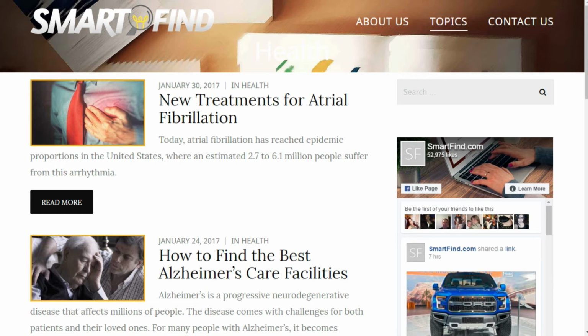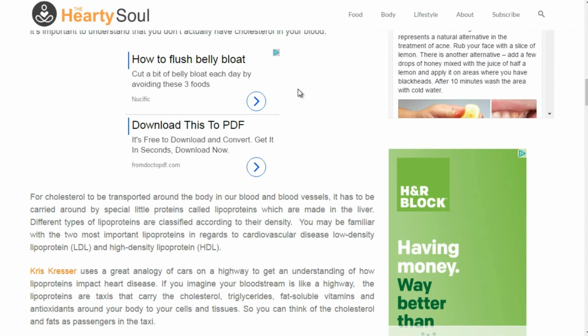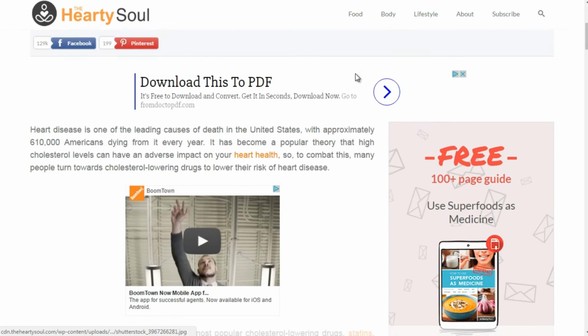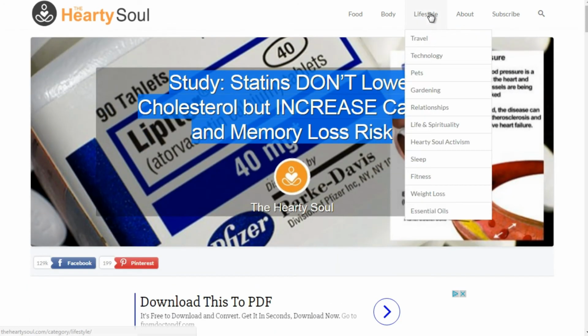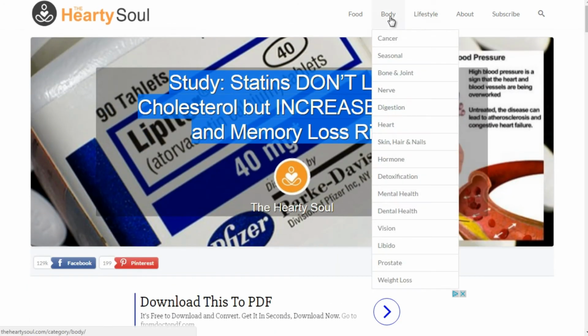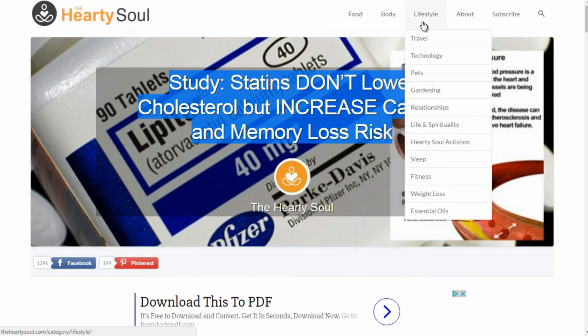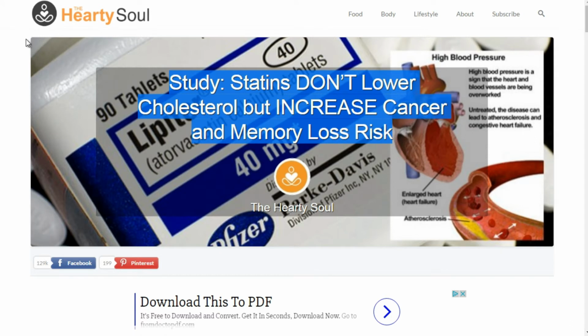So for example, if somebody comes to this blog, they might be interested in lowering their cholesterol because of lifestyle, but they might be coming here because they're interested in relationships. So it's not really targeted. That, I think, is something that could be improved and something that you could even do yourself.